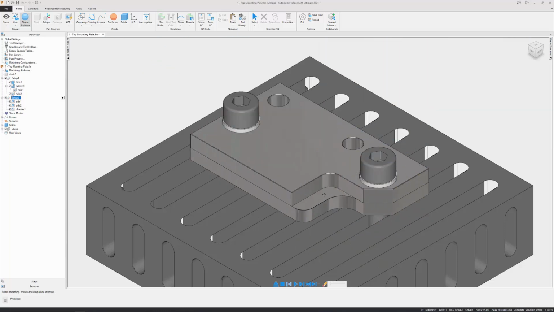Looks like we chamfered that beforehand. We could change that operation order if we want, or if we're happy with this, that's totally fine as well. So with that, we've completely programmed the first part for this assembly. Again, using just a standard 3-axis mill, we've used automatic feature recognition to recognize all the features here, and we're